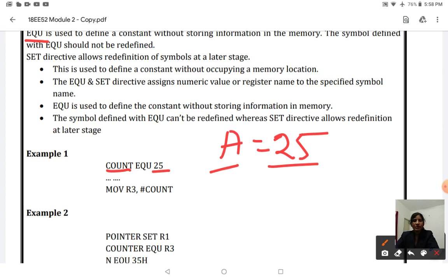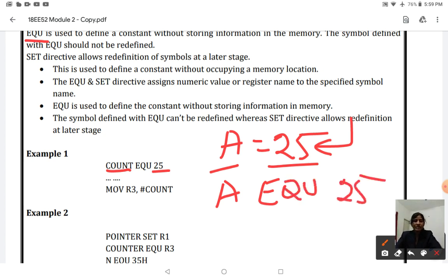Suppose I wanted to write the EQU assembler directive for this particular instruction, I can write it as A EQU 25. It means that A is a variable equated to a value 25. This is how you need to use this equate. The SET directive allows the redefinition of the symbol at a later stage.